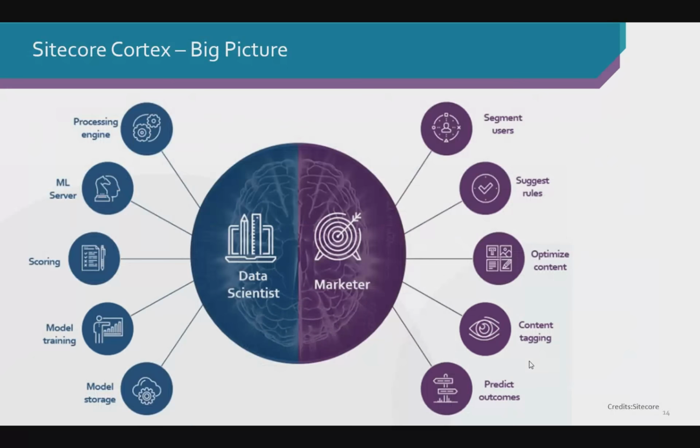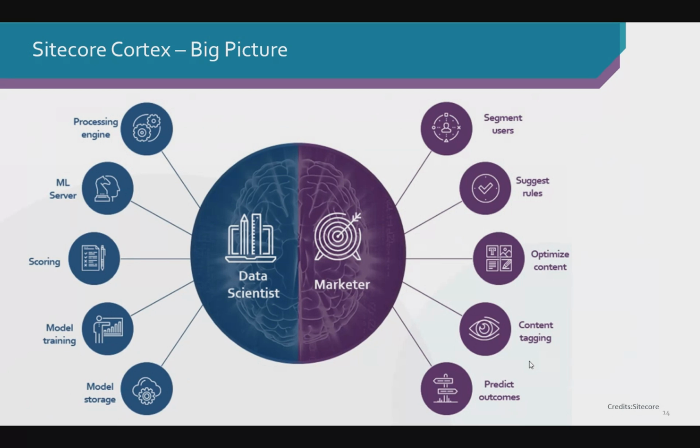Okay. So this is a big picture. This is what we call the mind, or the big brain, or the big picture of Sitecore Cortex. Think of it like a human brain where you have the left-hand side and the right-hand side. The left-hand side is a bit more analytical and the right-hand side is a bit more creative.